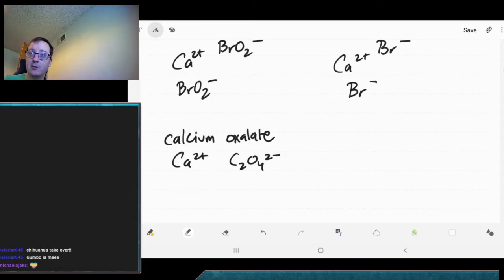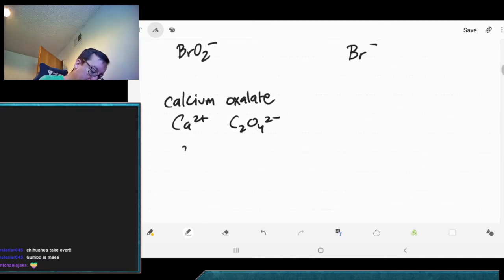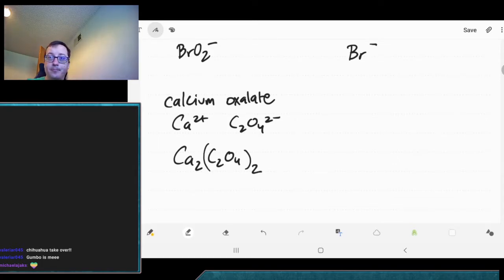If you crisscross here, I'm using this as an example because I don't want you to go too crazy with your reduction. If you just crisscross this,